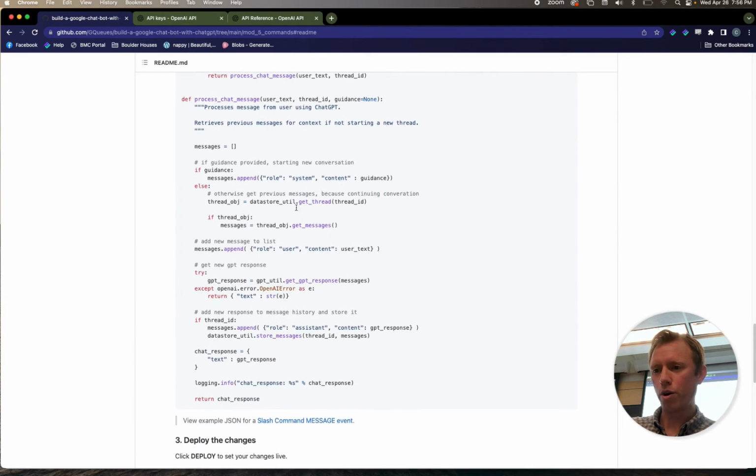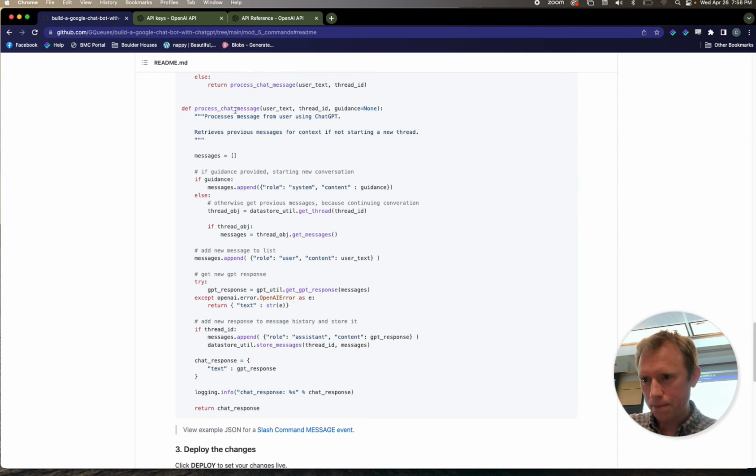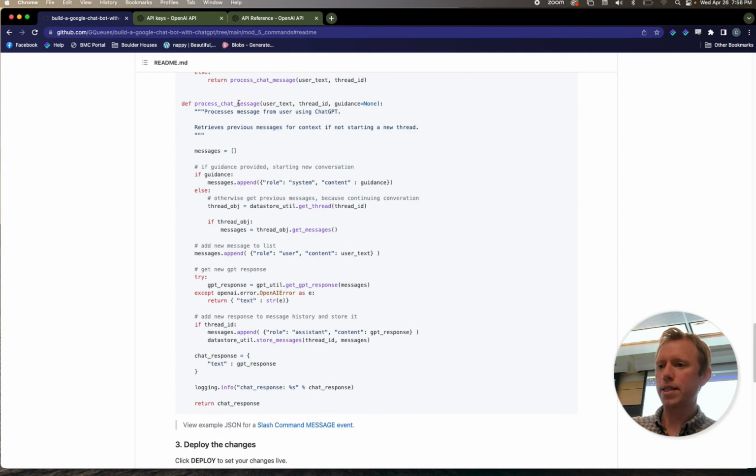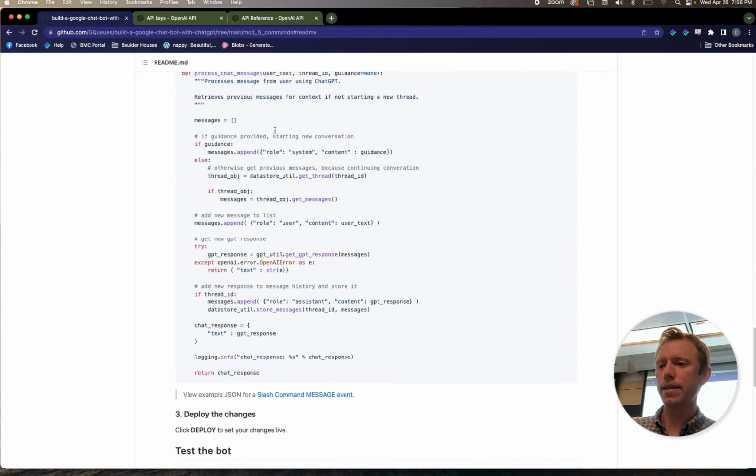Then let's look at this process chat message. It's taking in the user's text, the thread ID, and then guidance is optional. So sometimes there'll be guidance. So the messages list starts out empty. If guidance was given,